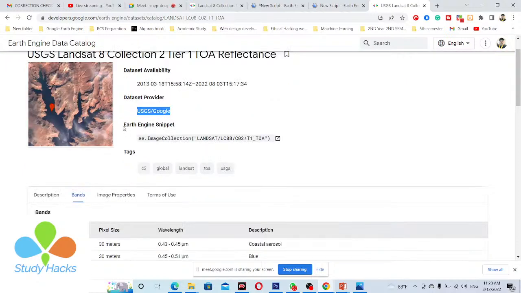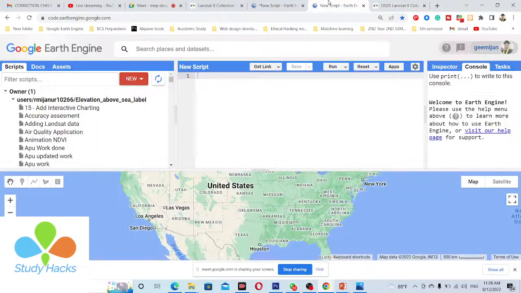And also you can see the Earth Engine snippet. Okay. This Earth Engine snippet is the unique ID for the Landsat 8 image collection. Okay. And every satellite image collection has its own unique ID. So this time, I simply copy this image collection from here. Just copy, and then I paste it here. Just the import. I put a variable name; you can use any variable name. Suppose I put the variable name L8. So I simply use L8 here.